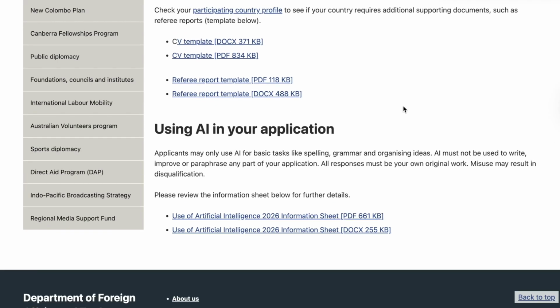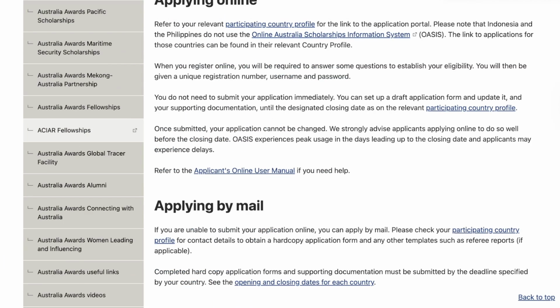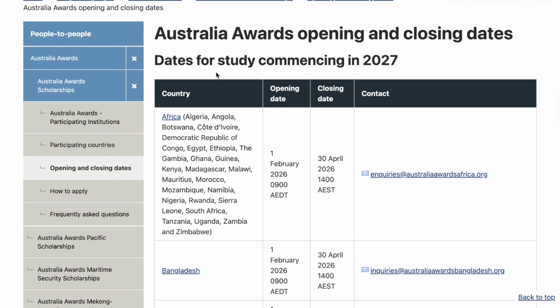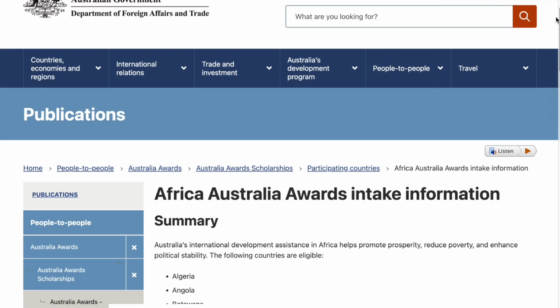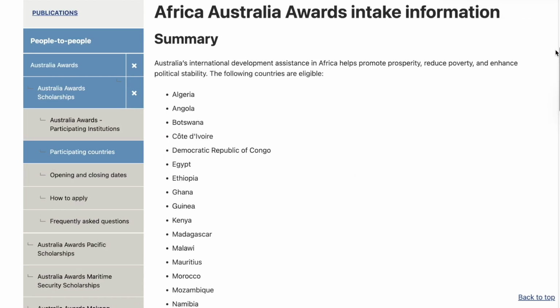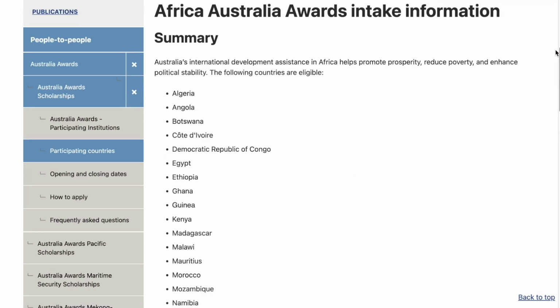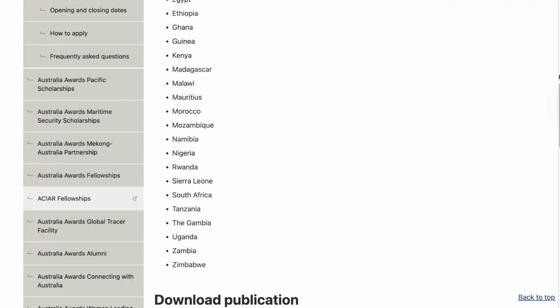Now let's go back up and look at how we are going to apply. So I'm an African. So what I will do is click on this African link here. Once you click on this link, it's going to take you to this page. Now, this is the African Australia Awards Intake Information Summary. So these are the countries,